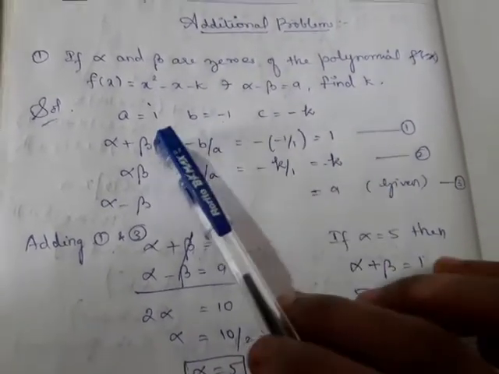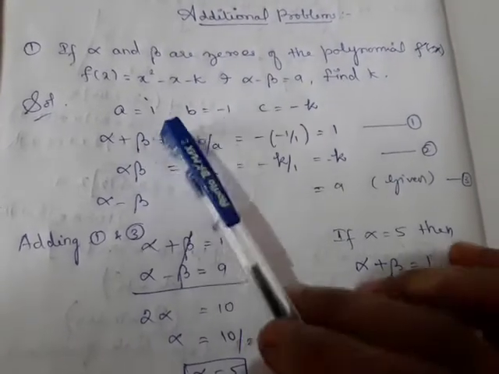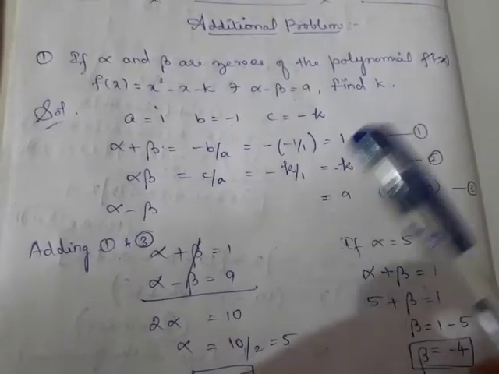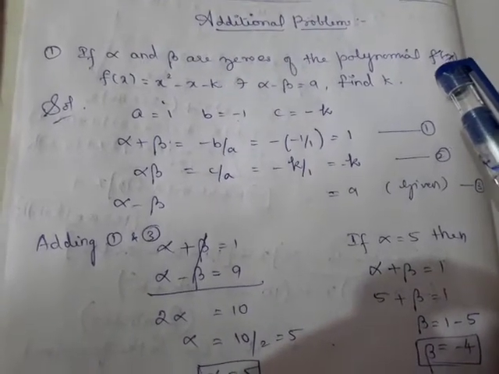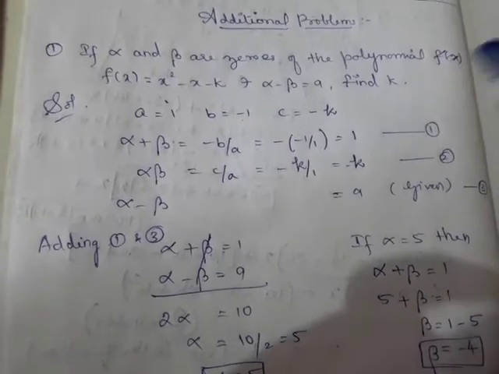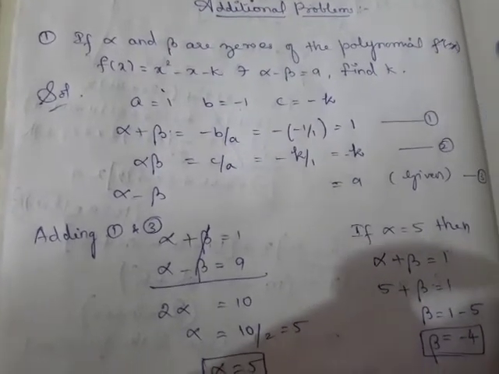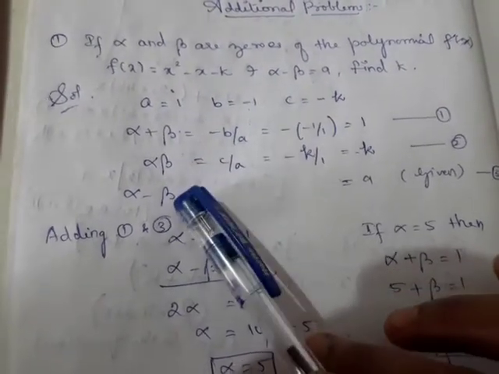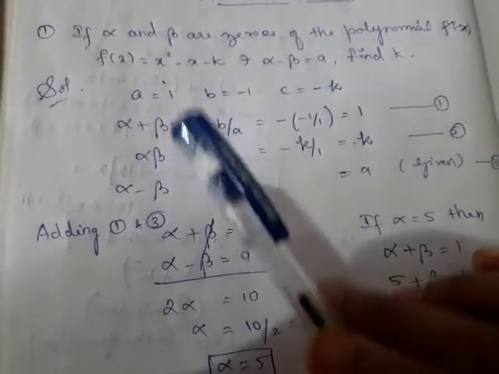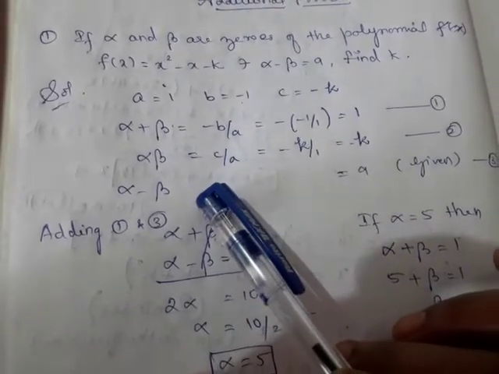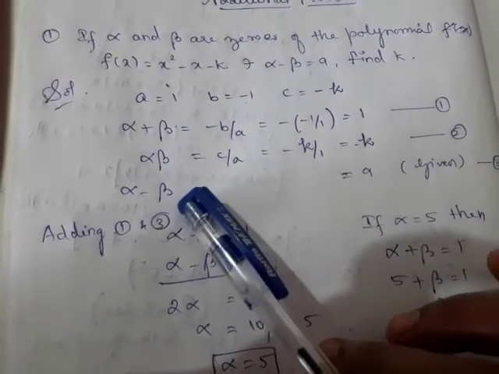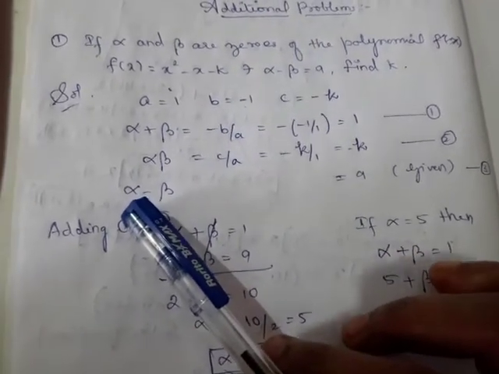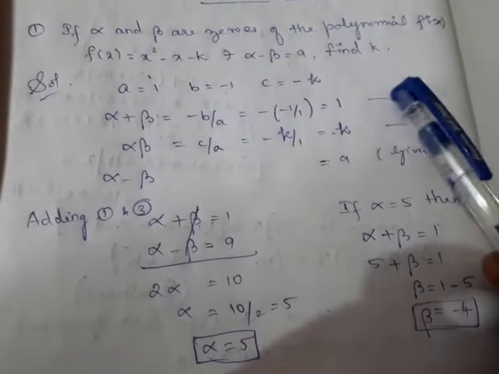Whenever you have the sum and difference of two terms, try to add those two equations so that one term gets cancelled and you get the value of the other unknown. This is the procedure. Whenever you come across this type of problem, if you have two equations with the sum and difference of the same two values, add them, then one variable gets cancelled so that you can obtain the value of the other variable. Hope you understand.